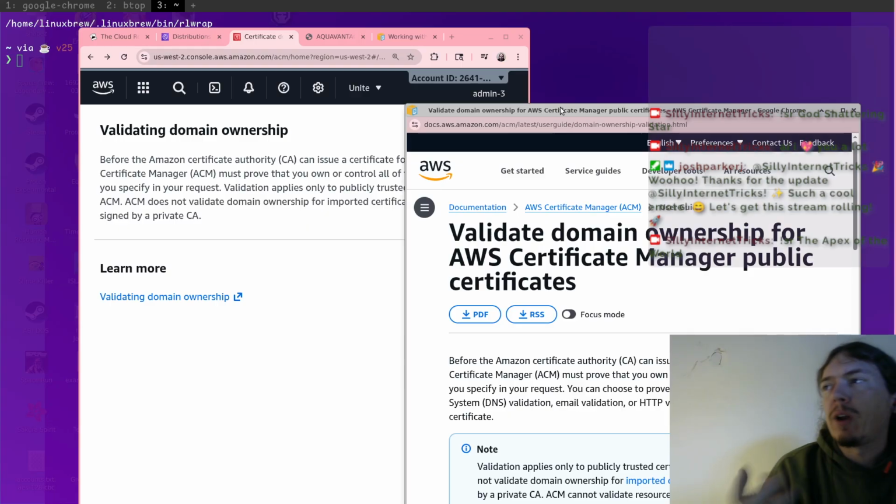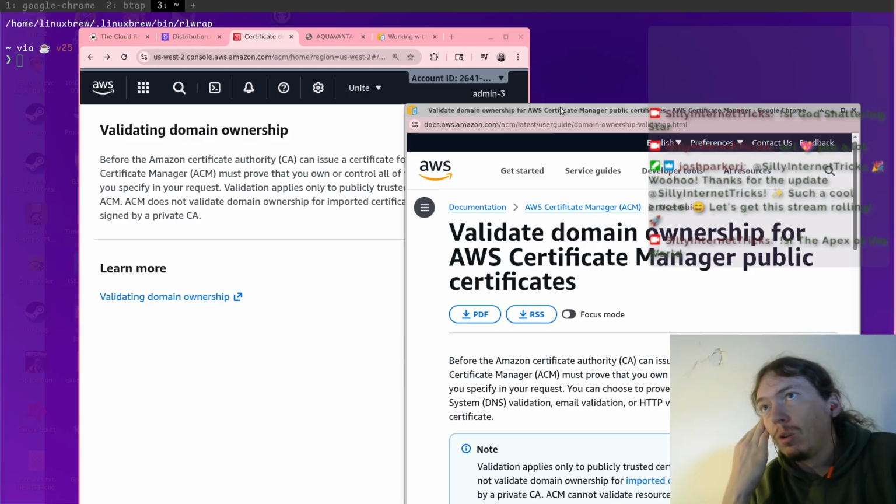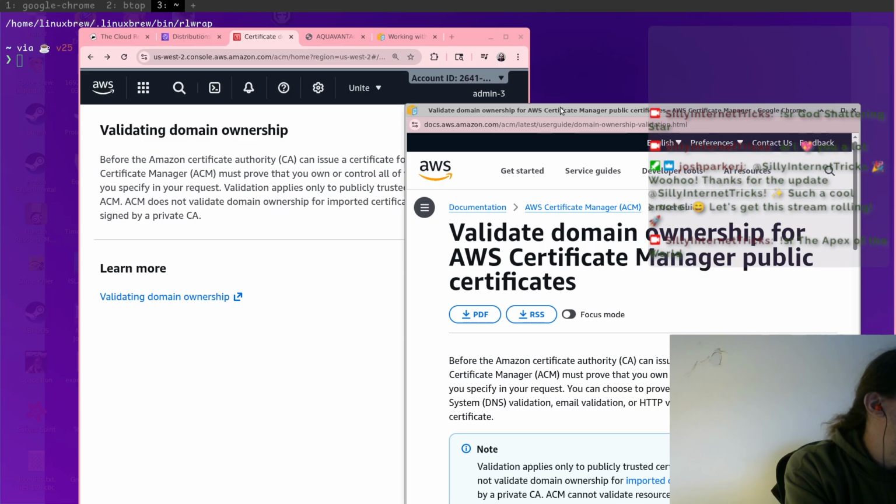So really what I needed to do, and what I'm still going to need to do, is open a support ticket, because they all have to be in the same AWS account in the end. All right, so it still says pending validation.